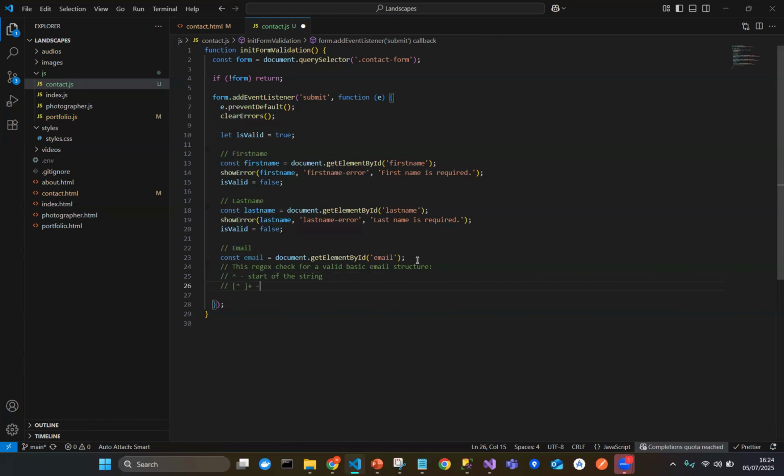it basically means... Like I said, regular expression is a whole different topic on its own. If you want to look more into it, you can go to W3Schools and learn regular expressions. But this means one or more characters that are not a space. You see why I'm doing all of this. This is the part before the at. So in your email,